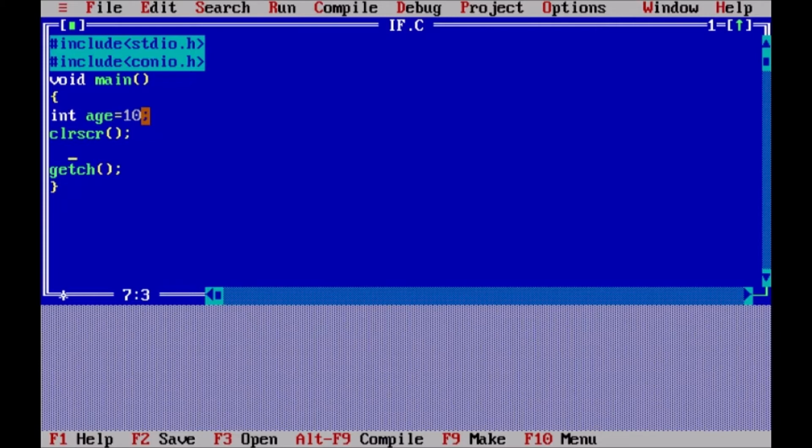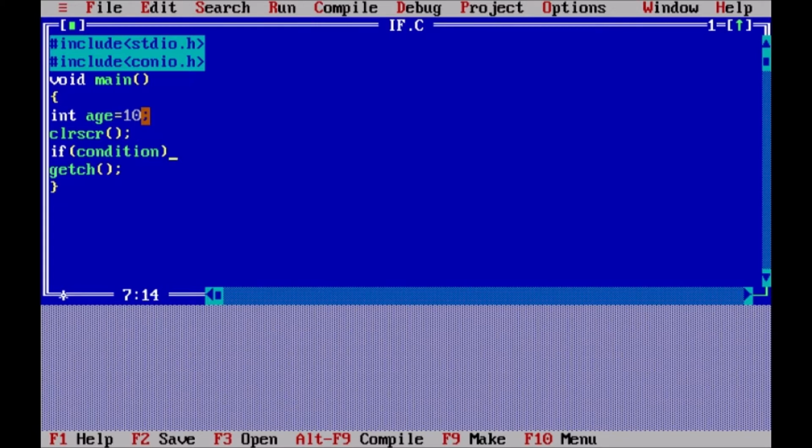Now, before going into the example, let us first discuss the syntax of the if statement. The syntax of the if statement is like this. if, then bracket open, here the condition will be written, and again the bracket will be closed.